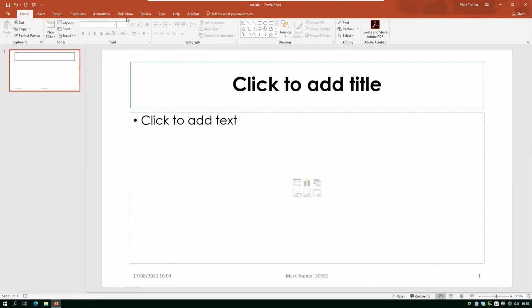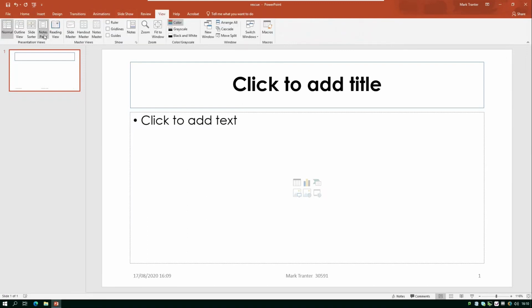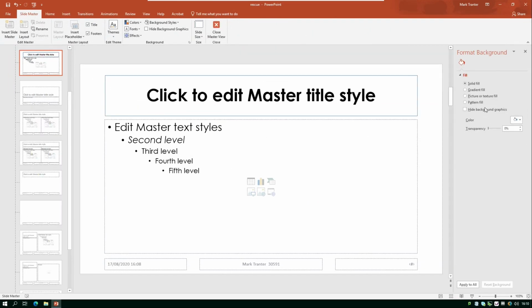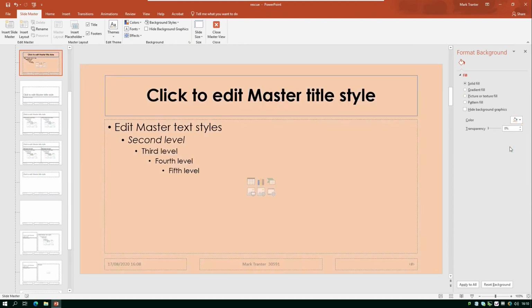While we're here, if I did want to change the background of the slides, I would just go over to my Slide Master and I would right click on a blank area of the slide and choose Format Background. Then it would come up with some various different options here. So solid fill would be an obvious choice, and I can choose a colour from this little box here. So for instance there, if I chose that